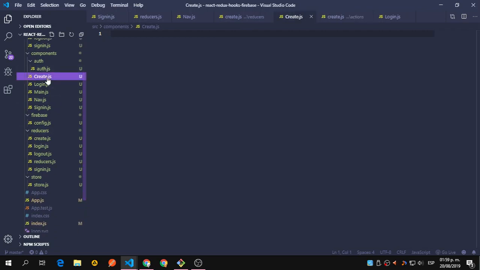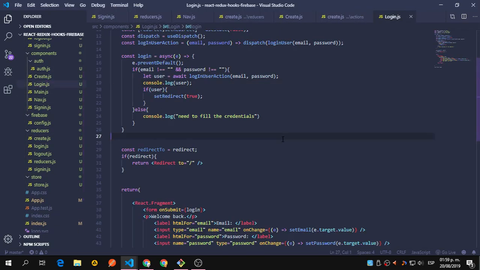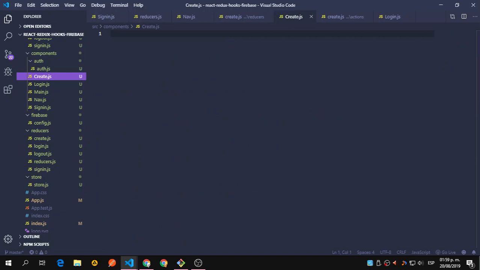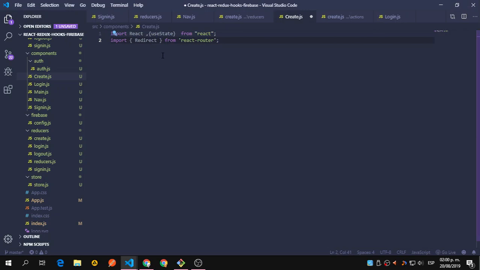Let's start with this. So let me copy one of these. No, I have my own. Forgot that I'm following my own code. So let me go to create and let's copy already what we need. We're going to need first React and useState from React and Redirect, since we're going to add the redirections after creating the post. Let's only create right now the constant that is going to be create equals to function,